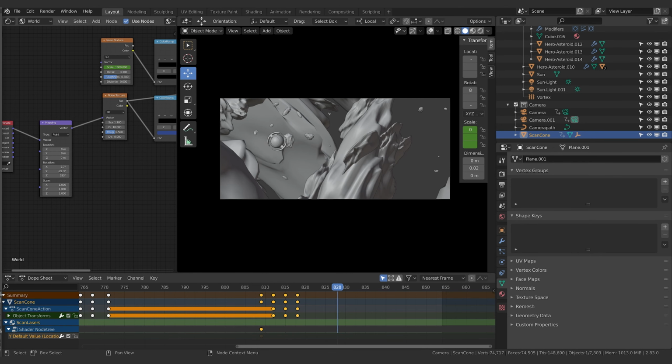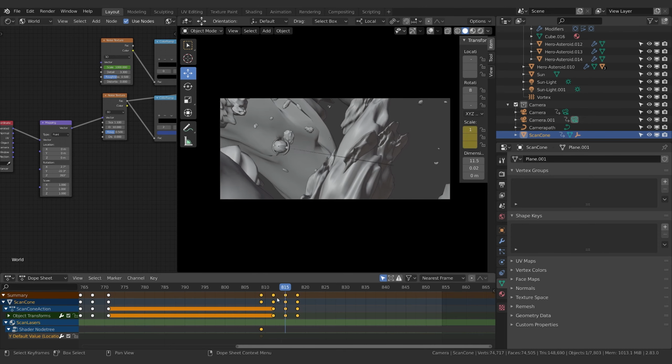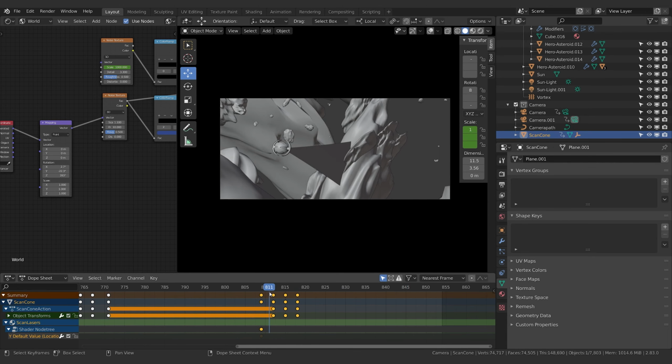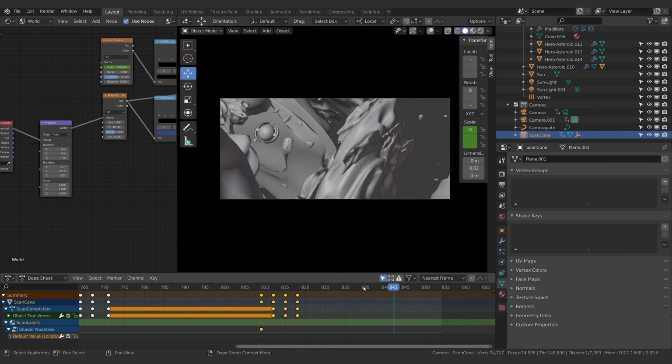Okay, so today we're going to continue our story. Now, where we left off last time, our little hero scannerbot droid guy was scanning this asteroid, and then he turns around and flies off. And what happens next? He's going to turn around, fly off, and find something. So the next thing we're going to do is have him come up to